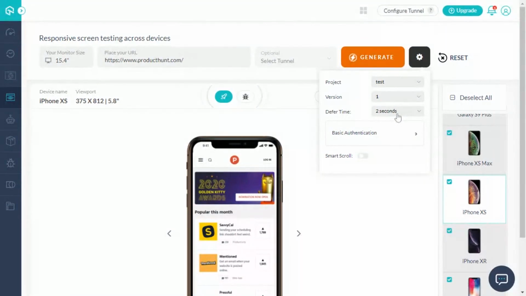Sometimes you need to test pages that are password protected. With our basic authentication feature, you can do just that. Just enter your login details and click on Save. Once you do that, you'll notice the basic authentication is enabled, and now you can easily run website responsive tests